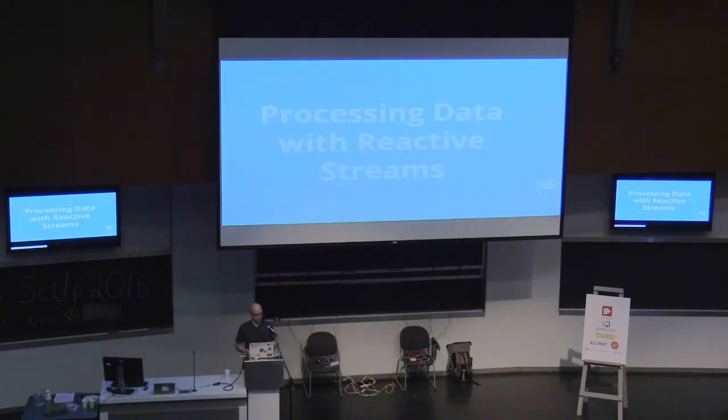So now I want to switch gears a bit. I talked about some of the problems that can arise migrating from a monolith to microservices and how Kafka can help with that. I sort of want to talk at the micro level now, so actually interacting with Kafka. If you're not careful, code inside a single service can become complicated and prone to unbounded memory use if you deal with streams. So I want to talk about Reactive Streams, Akka Streams, and how they can be used to simply and safely interact with Kafka.